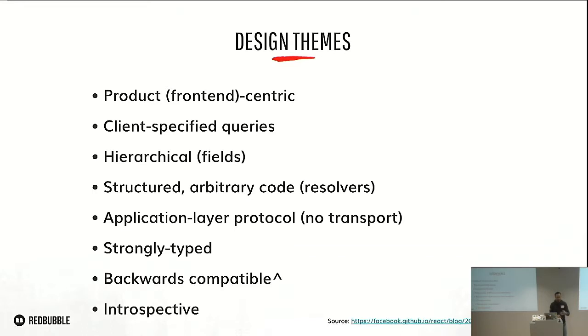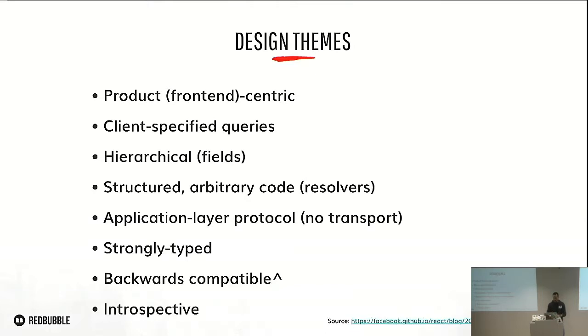There are some really fundamental design themes in GraphQL. One of them is that it's front-end centric, so this is that inversing of the relationship. It's really about giving the power to the client developers to specify what they want from the back end. By that I mean these client-specified queries. You can ask for the things that you need at the time that you need them, and they could be different over time or different on different screens. For our use case, you might be asking for a list of products on one screen, and then you click on it and get a different list of products. So you want to be able to change the thing you're asking for depending on which screen you're in